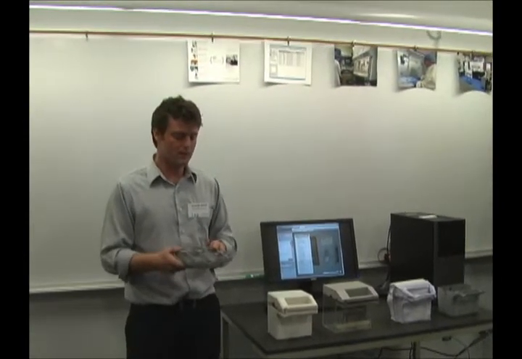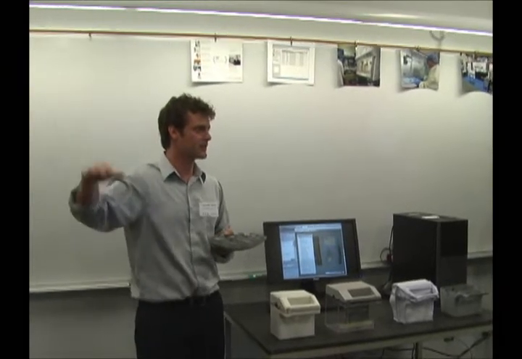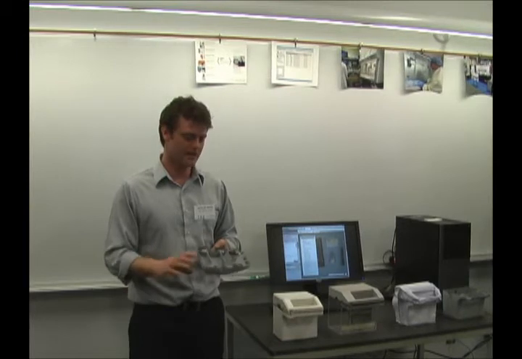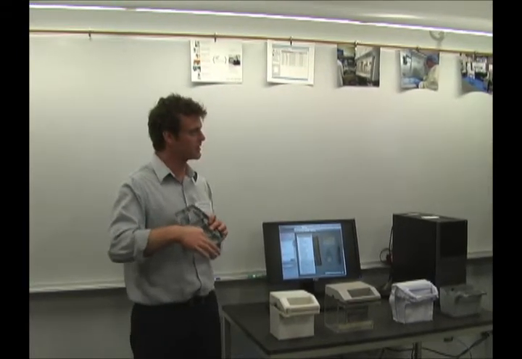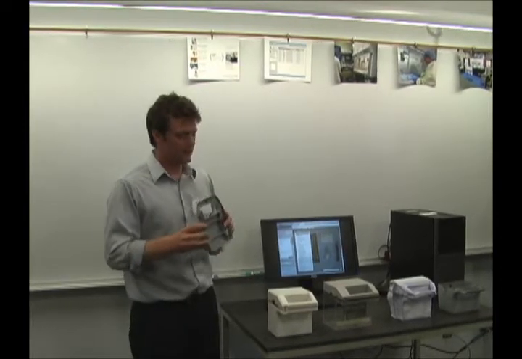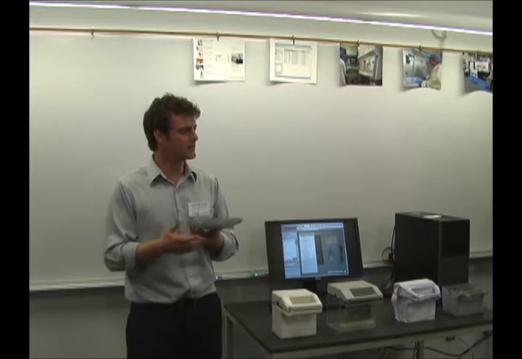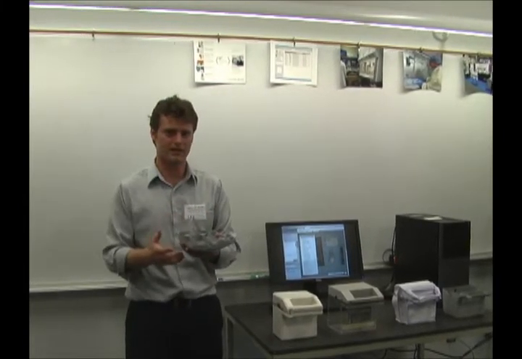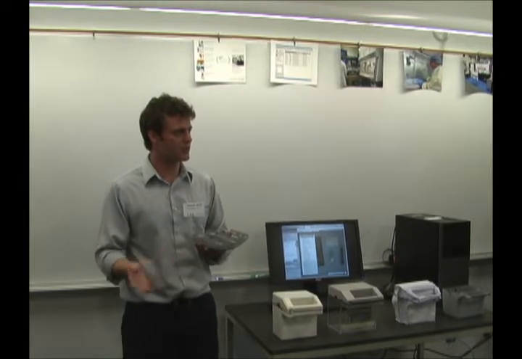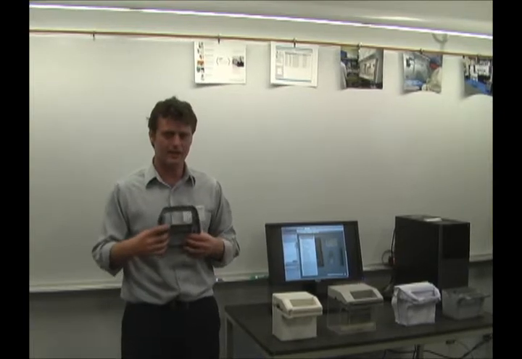We bridge that gap between an idea and high-level manufacturing, and that involves a lot of low-volume production, prototyping. This piece was actually printed layer by layer on a machine called an SLA machine, stereolithography, and then it was cast using a silicone mold with 2-part plastic inside of it. We also do a lot of machining for the small parts that exist inside of the components, and we do a lot of